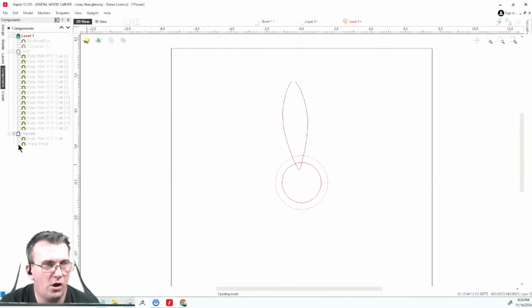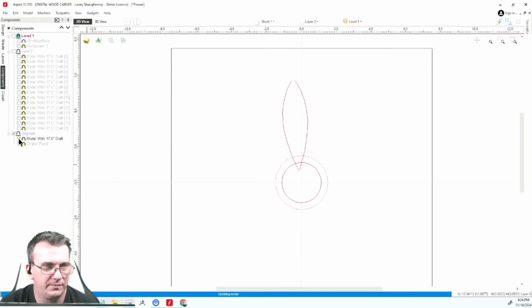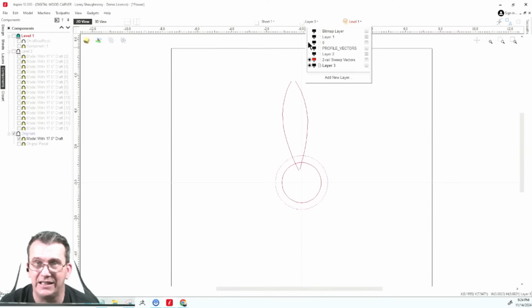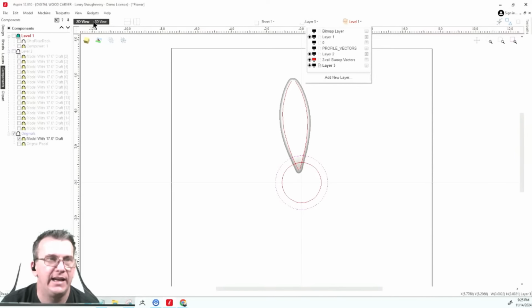I'm going to turn on my original petal with the draft. I'm going to make sure that the layer they were created on is turned on so I can see it. There we go. And in the 3D view,